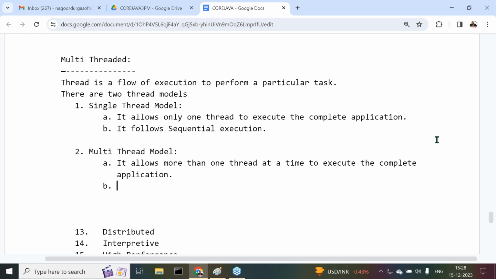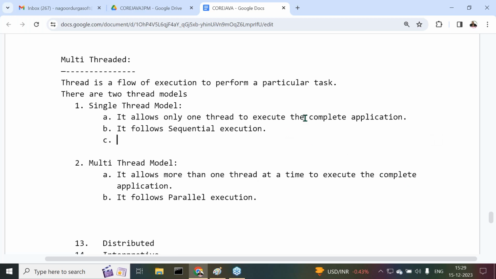Parallel execution. What execution does the single thread model follow? Sequential execution. What execution does the multi-thread model follow? Parallel execution. It follows parallel execution. Next one is, in the case of the single thread model,